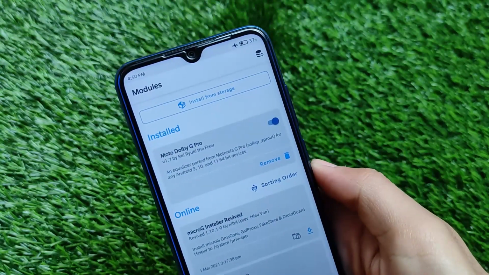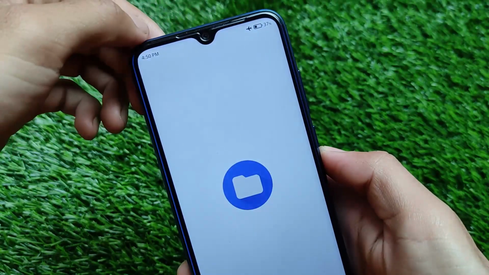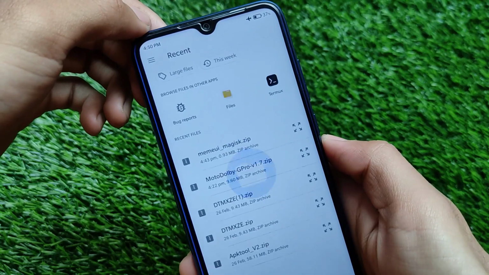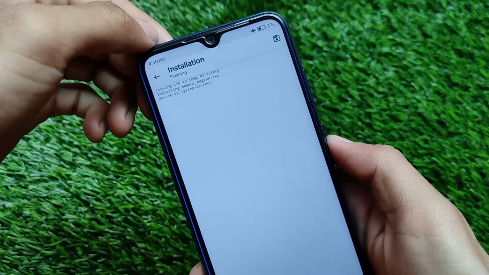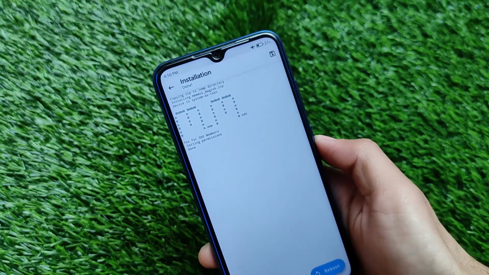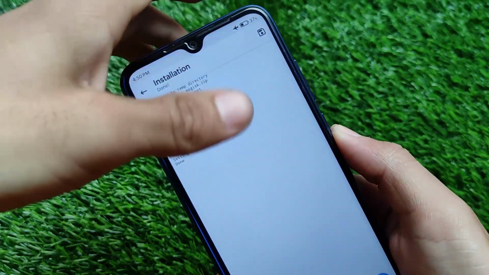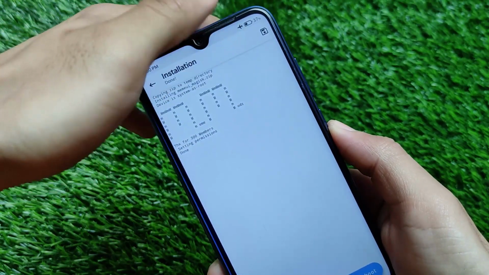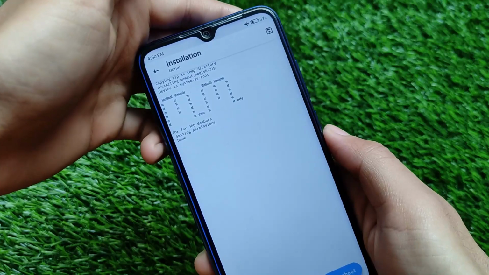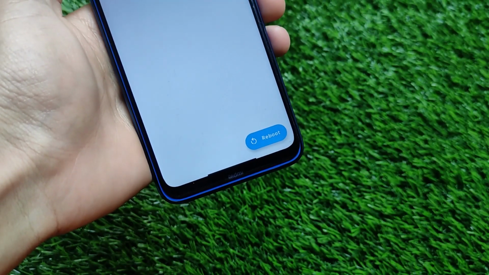After that, what you need to do is just go here, click on install from storage, and select that module file which I will provide you the link for. Just click that, which may be less than 1 MB, and as you can see, this is how it will look. It's very easy, just a simple step to do. Installation is done and you're good to go. It's a very interesting thing which you can do on your device, and it should work on your device also. In my case, it's working perfectly fine.